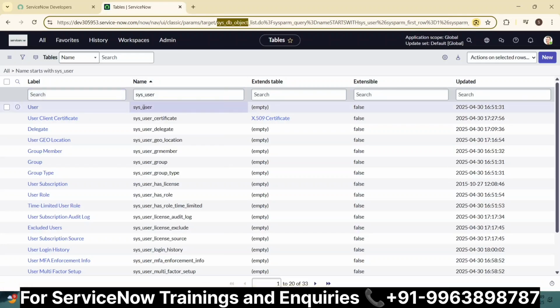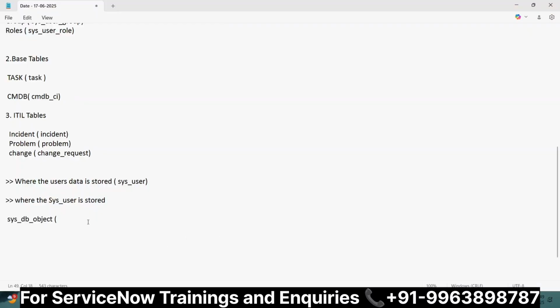Sys_user is a table stored in sys_db_object. Okay. They may ask in the intro where all tables are stored in ServiceNow. Let me make it clear: sys_db_object, where